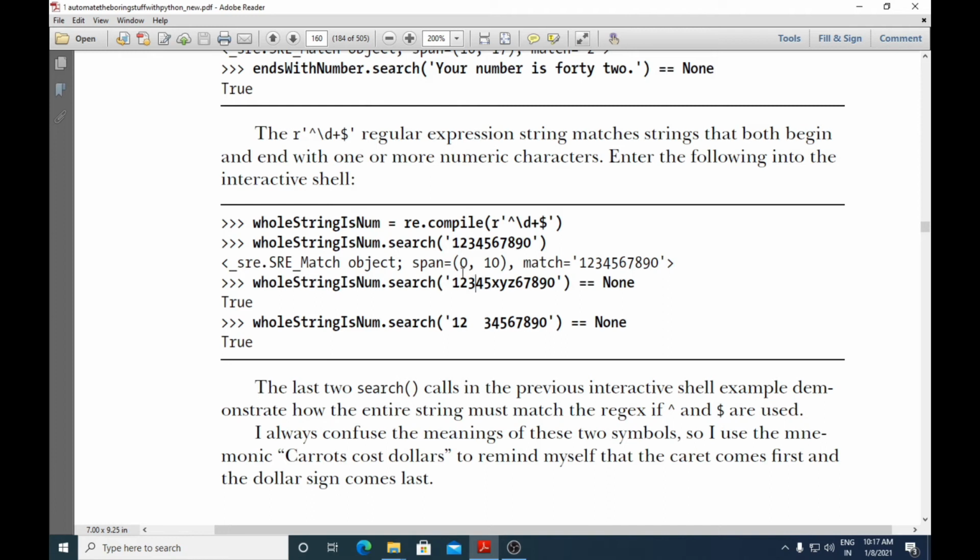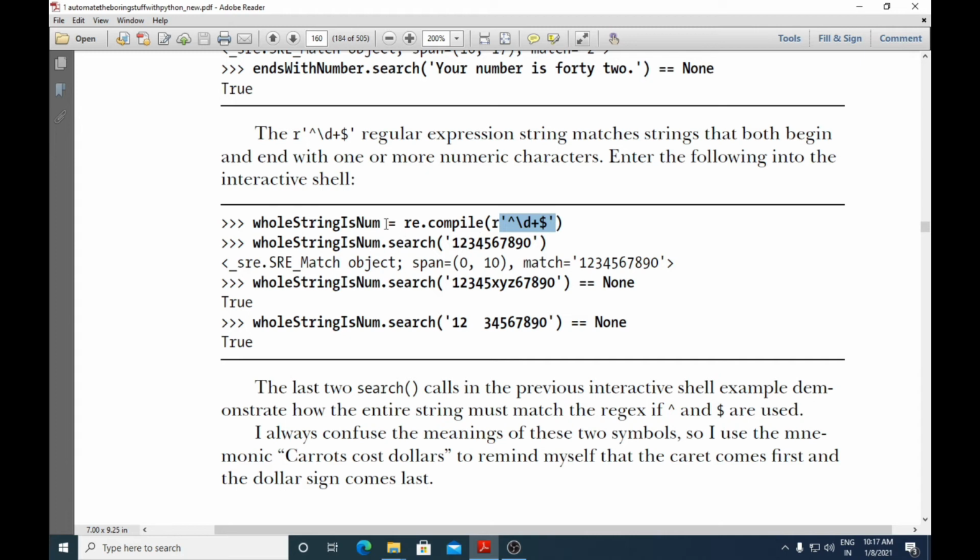Okay, so let us see an example. What happens in this example? re.compile. This compile method has been given the regular expression ^\d+$. That means it should begin with a number, it should end with a number, and it should have one or more numeric characters. That means the plus. Okay, so now this compile method will create an object of this regular expression.